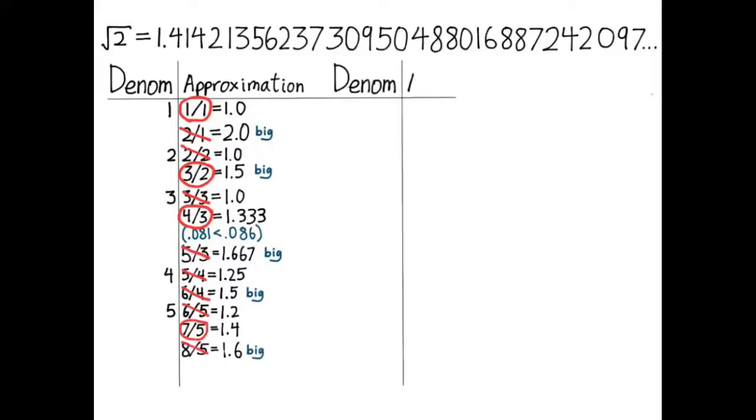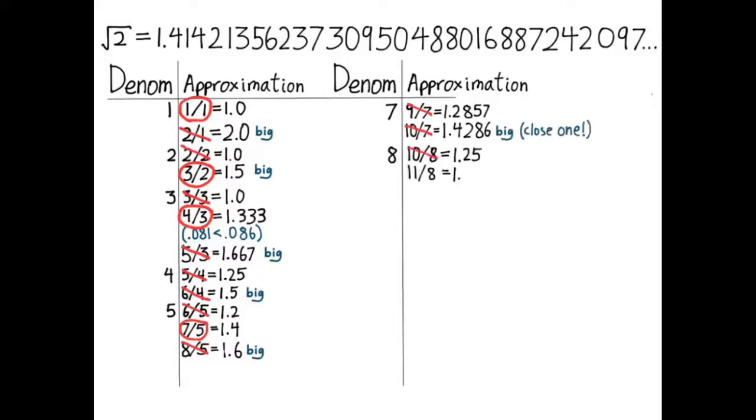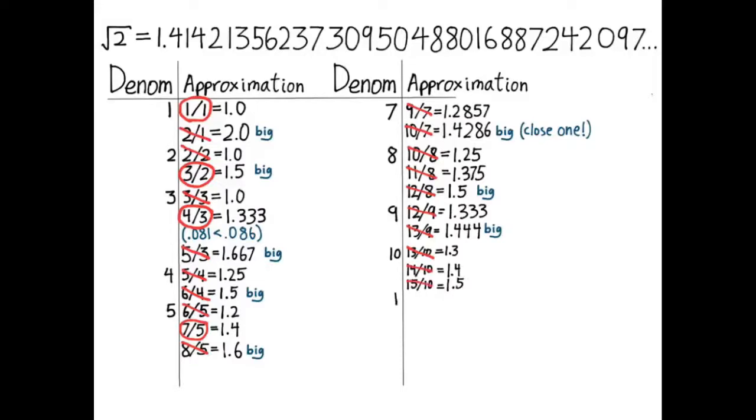8/5 is too big, so we continue on down the line. Well, I skipped 8/6 and 9/6 by accident, but that doesn't matter. The next winning approximation is 17/12. 17/12 is not going to be beat until 24/17. This algorithm may be tedious, but it is also simple and therefore easy to program a calculator to do